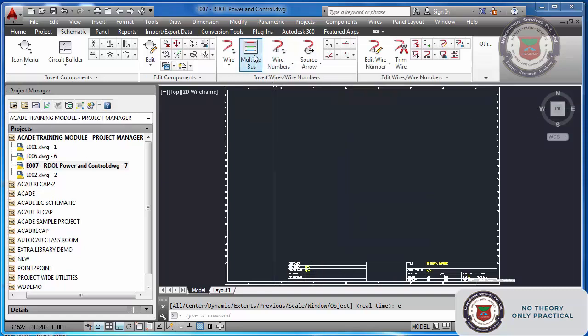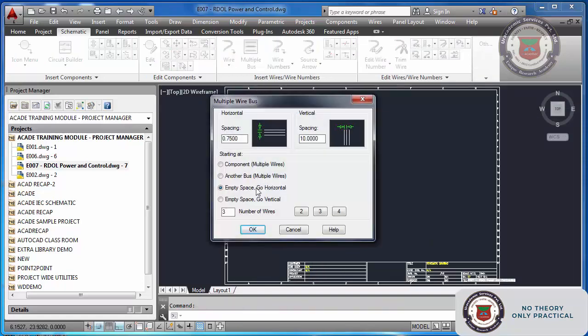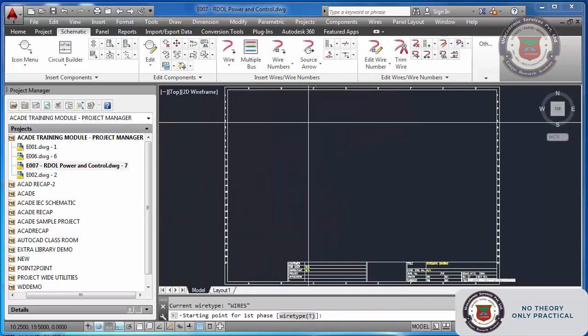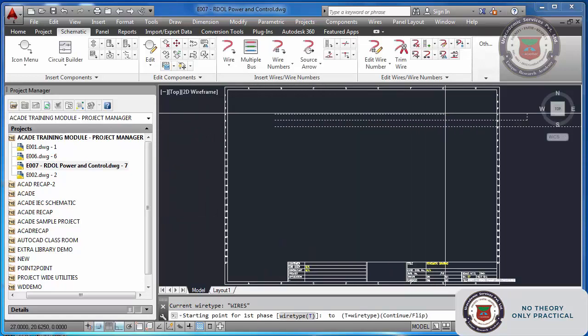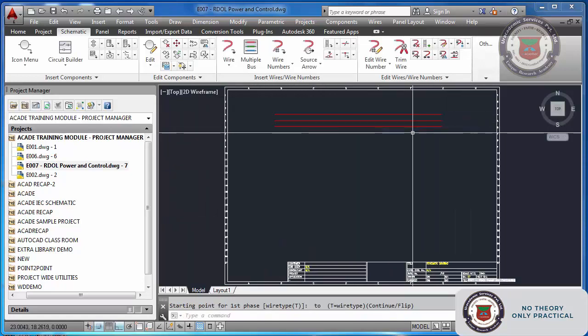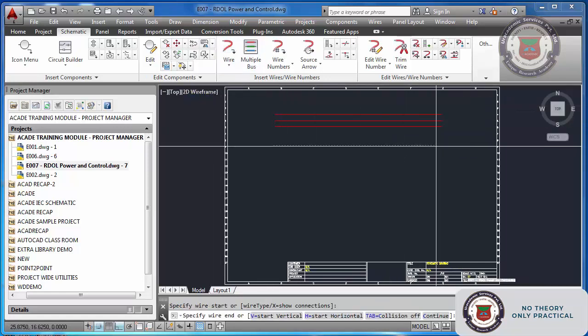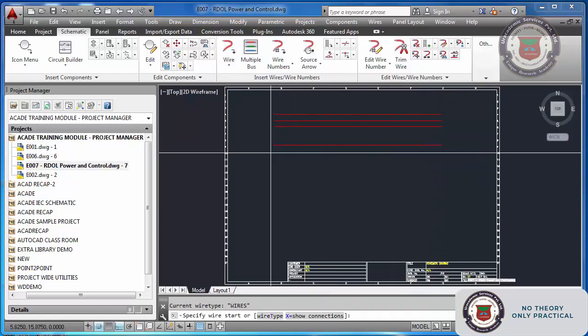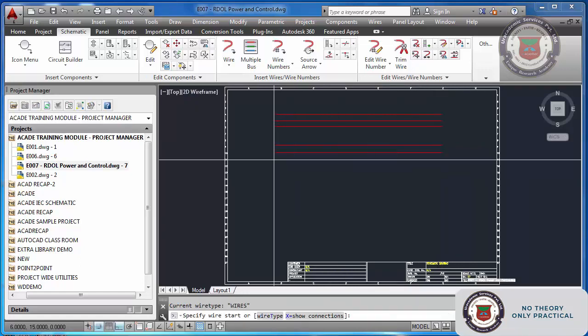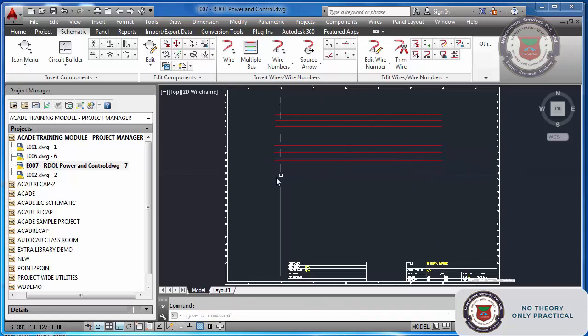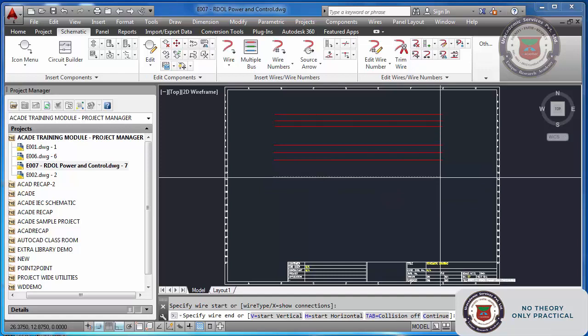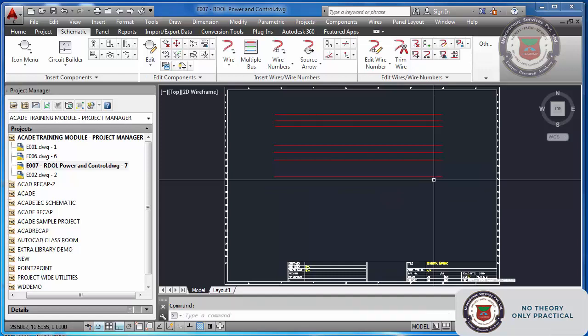Okay. First of all, what I am going to do is draw a three-phase line. So I will go to this option, go space horizontal. In this way I will draw a three-phase line. The same thing you can draw in this way also. Draw one line, another, 3, and the same thing I can do like this also. See, I have drawn one wire.